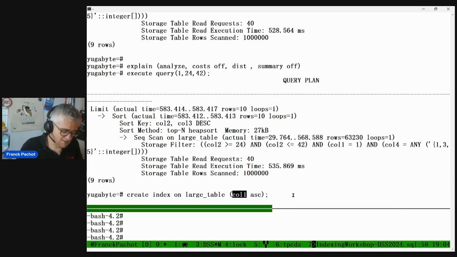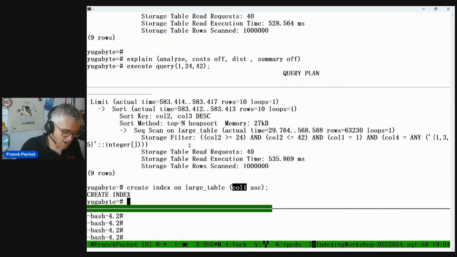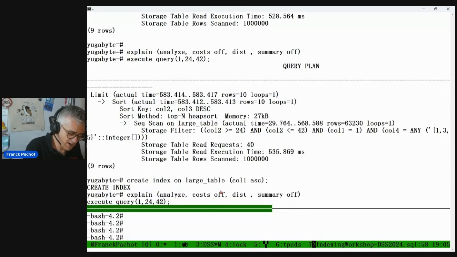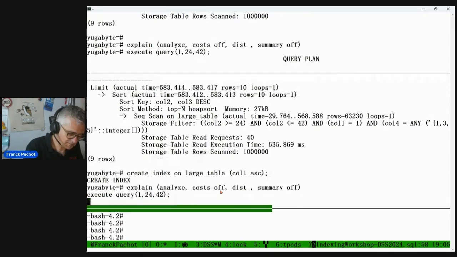Basically, I decided to index column 1 to address the equality predicate on column 1, because I said it's a good idea to start with the equality predicates. And then I run my explain now,